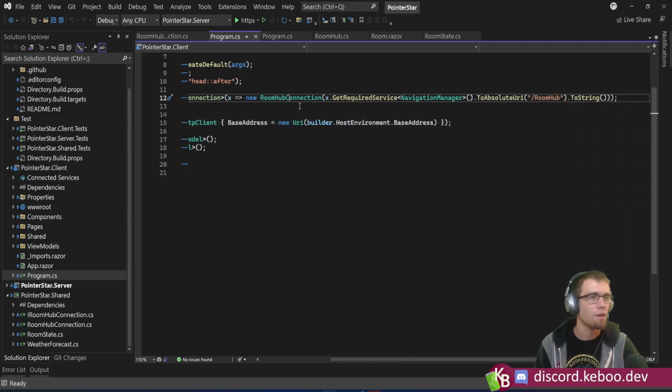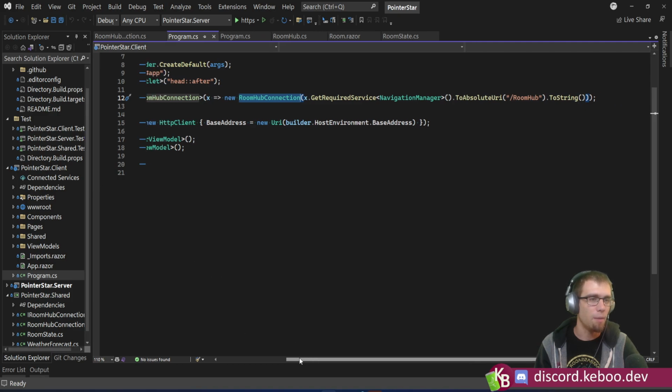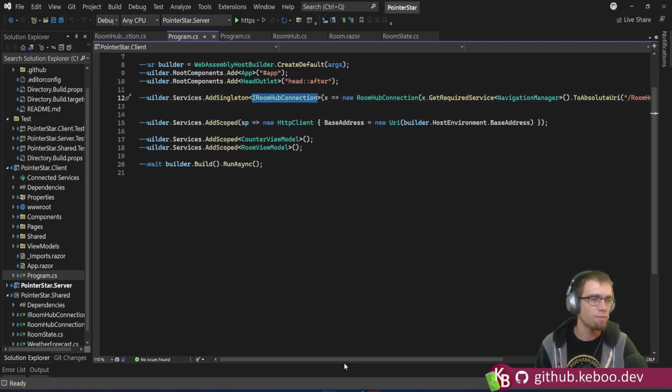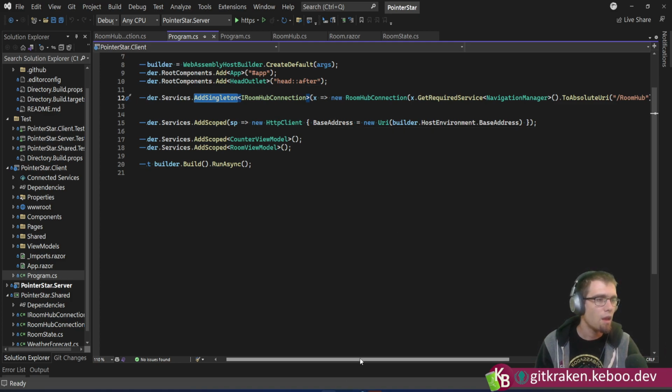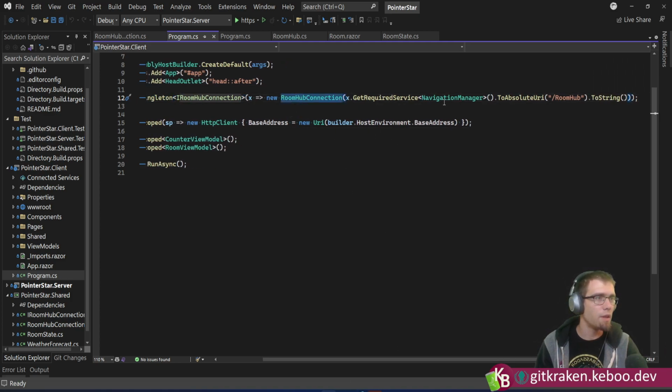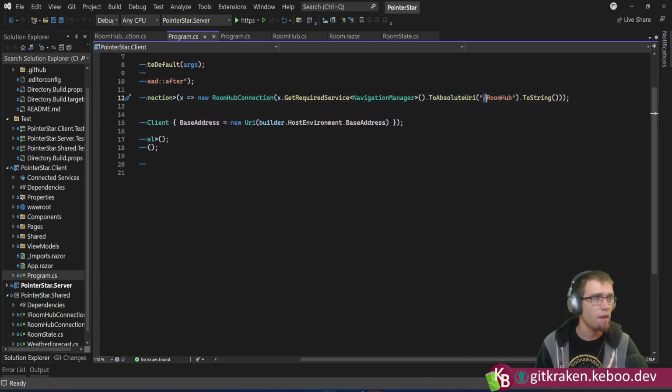this guy here. So you'll note the DI for the client project when it's registering up the Room Hub connection. And in this case, singleton, I believe, is what we want because this is executed as a singleton inside the browser. So this is singleton per client. Creates a new room connection, goes to the navigation manager to get the server's URI, and then makes an absolute URI with /room hub. Can't do name of here because this is in the client project, not the server, so